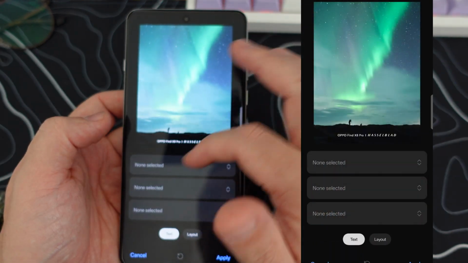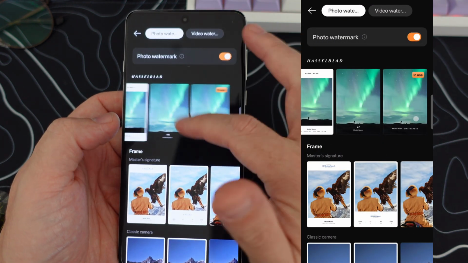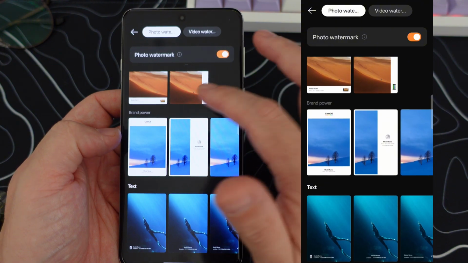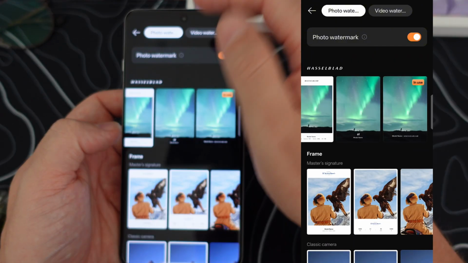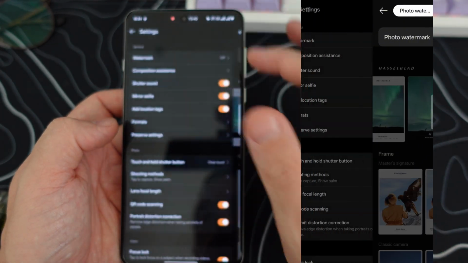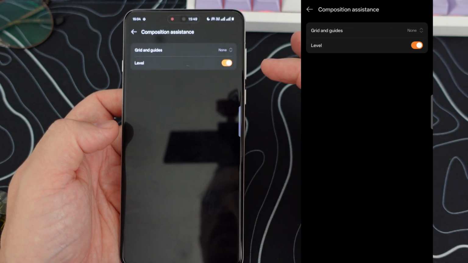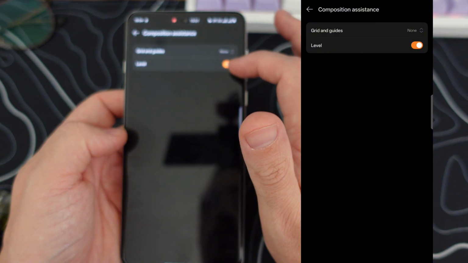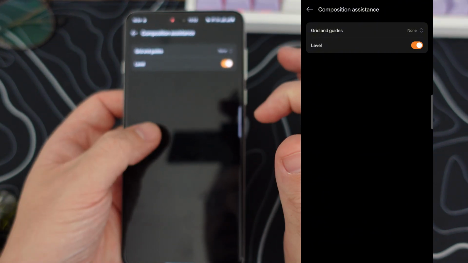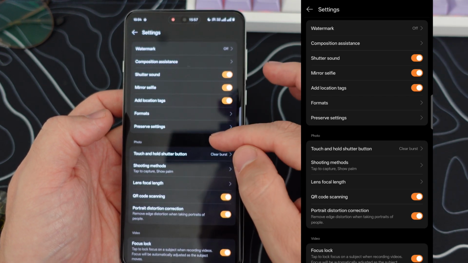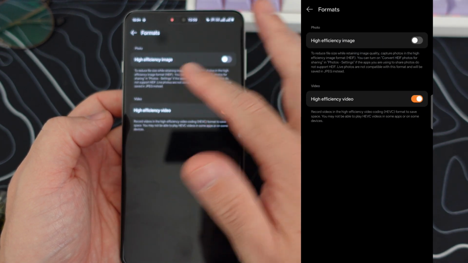You can change it to different ones. Add your own text as an example. So it's quite a couple of options to use. And there's also the video watermark, but I don't use this. Yeah, composition assistance, grid guides, level, add location tags, mirror selfie, shutter sound, the different formats, so high efficiency and